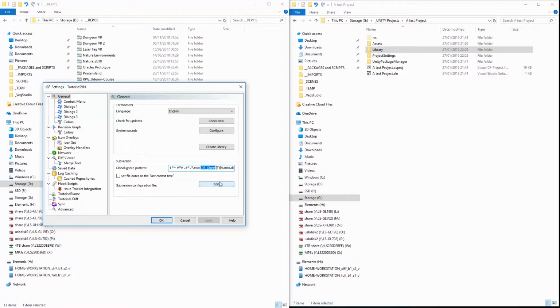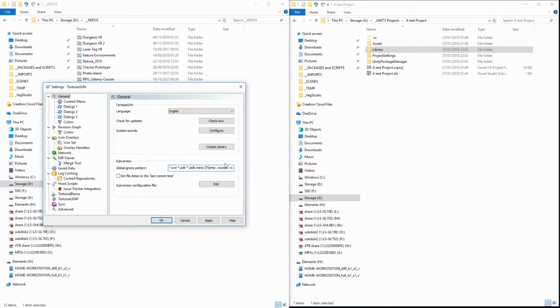Not sure if I remember adding DS_Store, which would be information from a Mac. Unity proj, that's something that I have added. Star SLN, yeah, definitely. The user prefs, all that stuff which is not useful. And the temp directory is often turning up. Now I've got VS Code here, but I haven't got VS. I'm going to add that